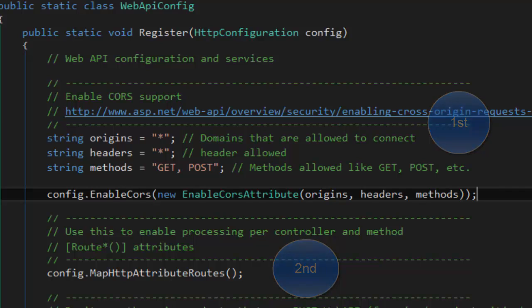any attribute routes. CORS is enabled by calling config.EnableCors and passing in an EnableCors attribute that sets up a general purpose policy for all the Web API controllers that are in your solution. Here, I've set up any origin, any header, but restricted the methods to just GET and POST. Parenthetically, invisibly, OPTIONS is also enabled, otherwise CORS doesn't work, but you don't have to put it in the list